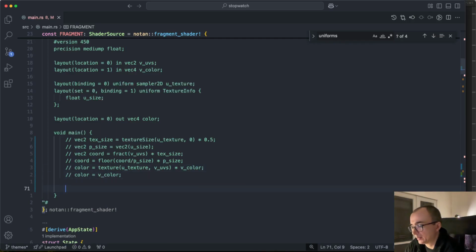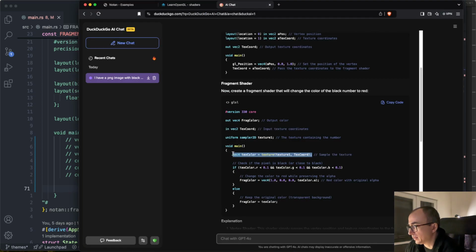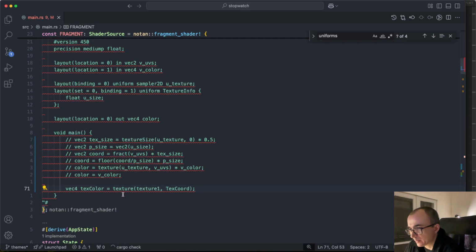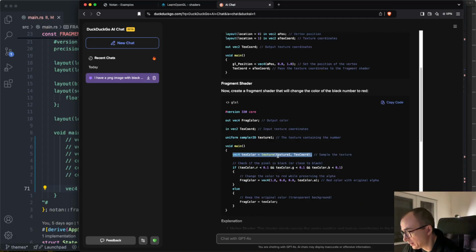So basically, I can use it, but I will need to change a bunch of things. So I have view texture and view VS, and this should be the same thing as here. If pixel is black or close to black. Okay,